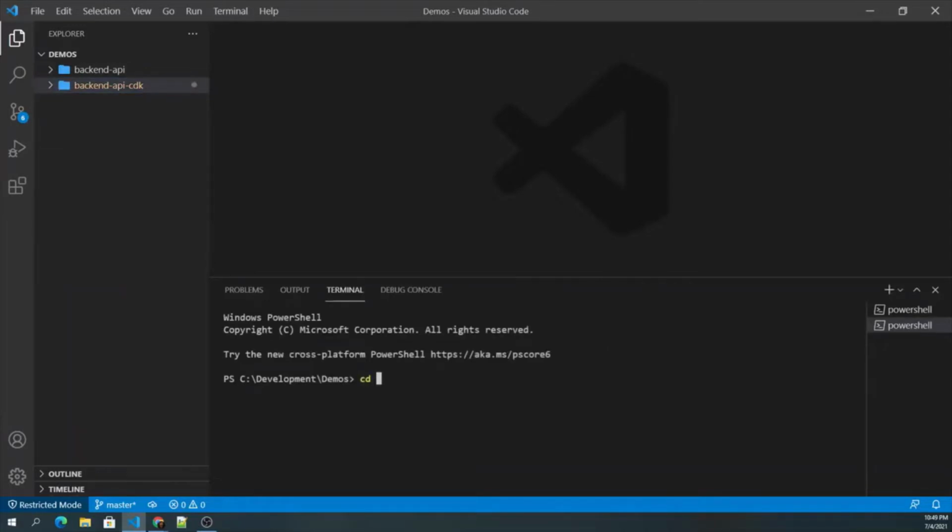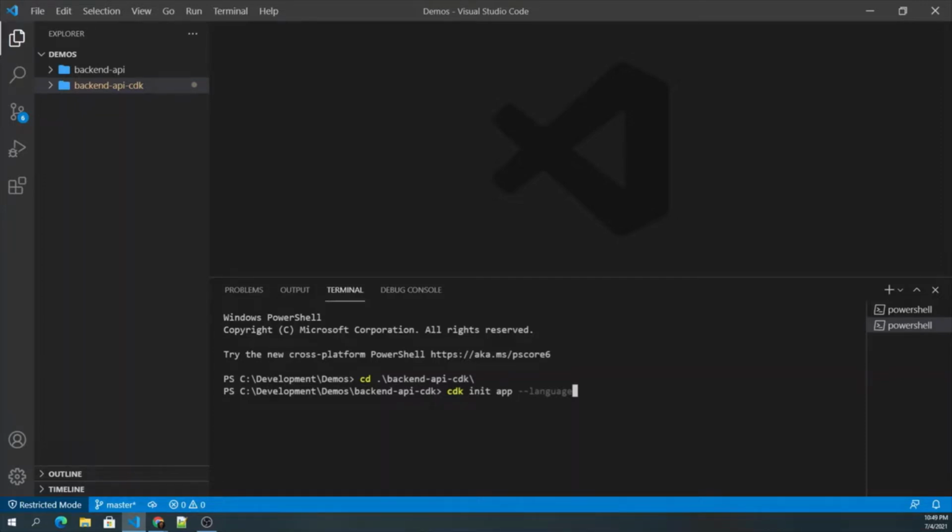So for that, I will use cd backend API CDK, and you need to run the command cdk init app, specify the app name, and then you have to specify the language. So this command will initialize a CDK application for you to write your code to provision the infrastructure.